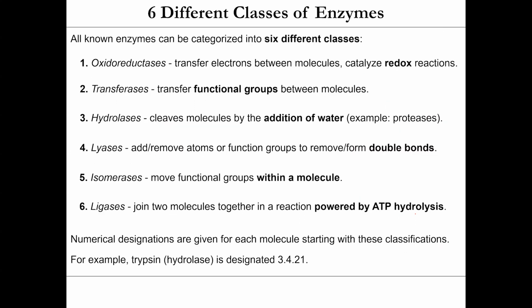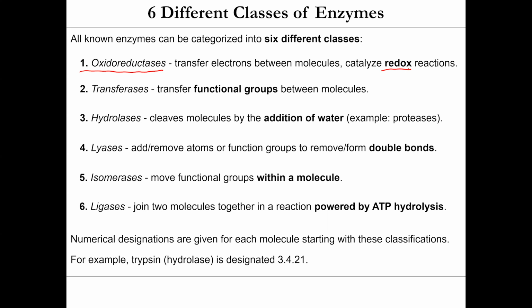So people have been studying enzymes for quite a while now, and it's been determined that all known enzymes can basically be categorized into 6 different groups or 6 different classes. And they're actually numbered 1 through 6. So number 1 are oxidoreductases. These are enzymes that transfer electrons between molecules. So they catalyze redox reactions, or oxidation reduction reactions. So they'll oxidize or reduce